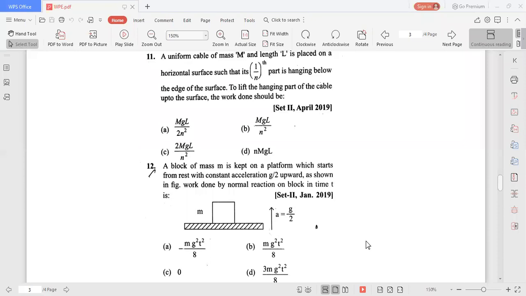Twelfth problem. You read: a block of mass small m is kept on a platform which starts from rest with constant acceleration g by 2 upward, as shown in the figure. Work done by the normal reaction on the block is, you see here,